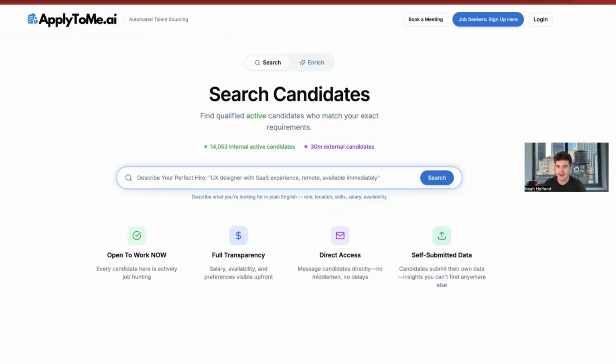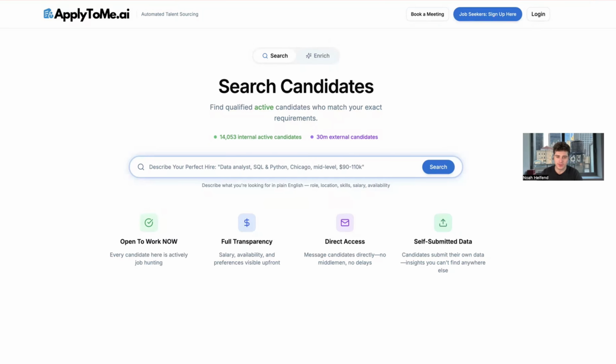We are an advanced candidate and talent sourcing tool. Now there's a ton of talent sourcing tools out there. There's LinkedIn Recruiter, there's Gem, there's Juicebox. All this data is the same. And that's why your job has been so difficult, because everyone is fixing their resume based on each job ad. You don't really know who's who, and you have a very limited amount of data. Now what ApplyToMe does at its core is enrich candidate data so that you can make faster, better hiring and